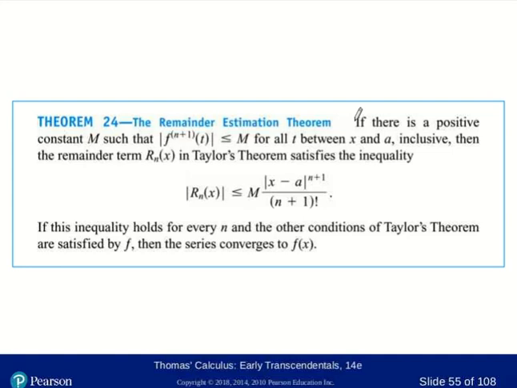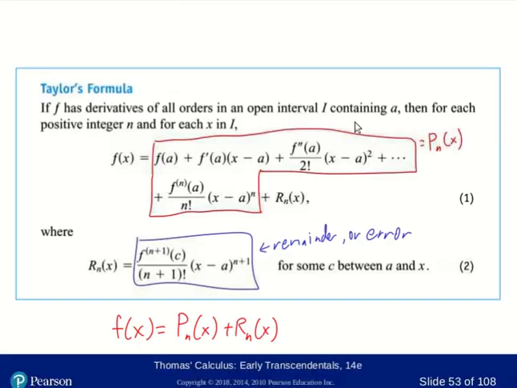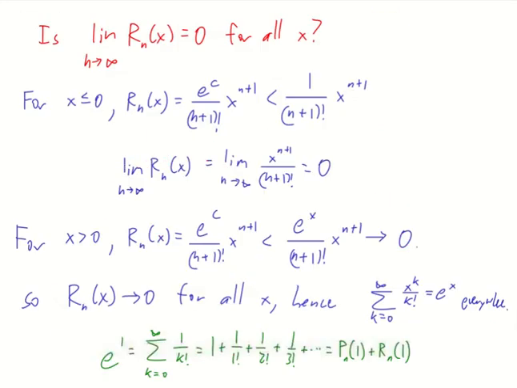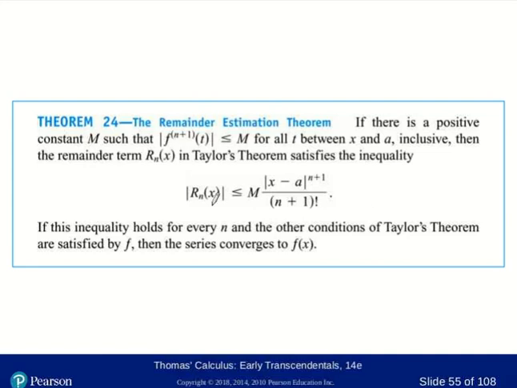So really all this theorem is saying is that we're taking Taylor's theorem and Taylor's formula, and saying, okay, if we put a bound on this derivative, then the remainder can't be any bigger than however big this could possibly get on the interval that we're looking at. So this isn't really an exciting theorem. It's really just a reimagining of Taylor's theorem and Taylor's formula in terms of the error estimations that we can make.